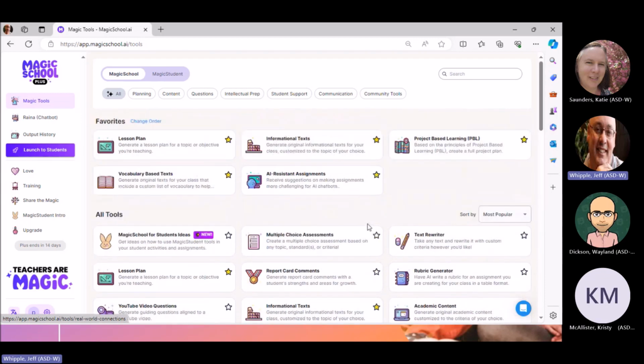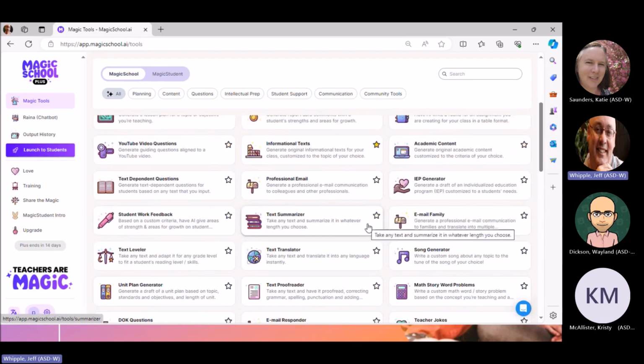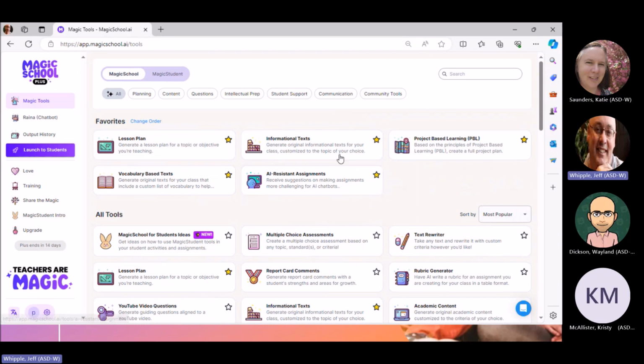Now, the thing I like about these tools as opposed to using something like ChatGPT is that they take a lot of the guesswork out of the construction of your prompts. So the prompt engineering is a whole lot easier. In fact, there is none. You just fill in the blanks. So let's have a quick look, and I'm going to go in here to